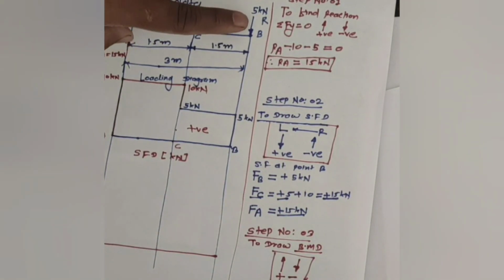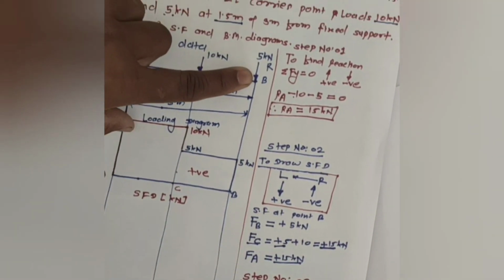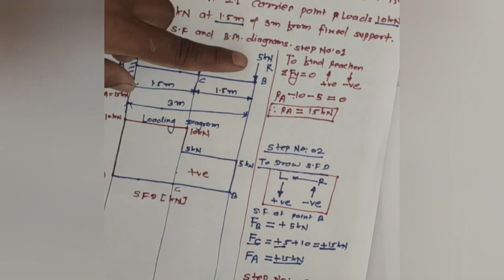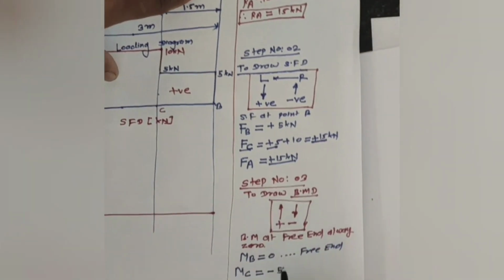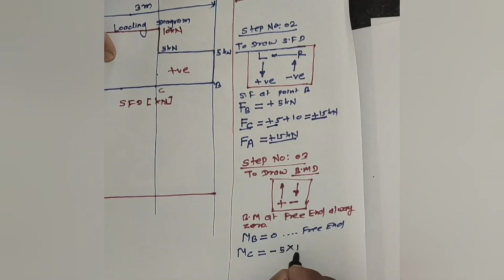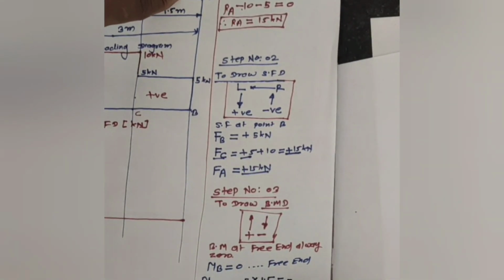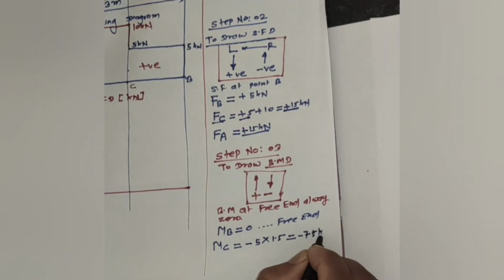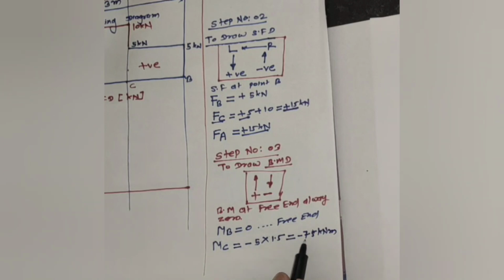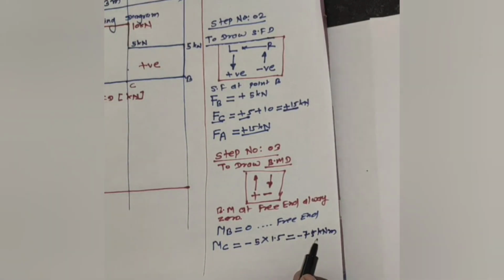The force at B goes downward, downward means minus, so minus 5 into 1.5 is equal to